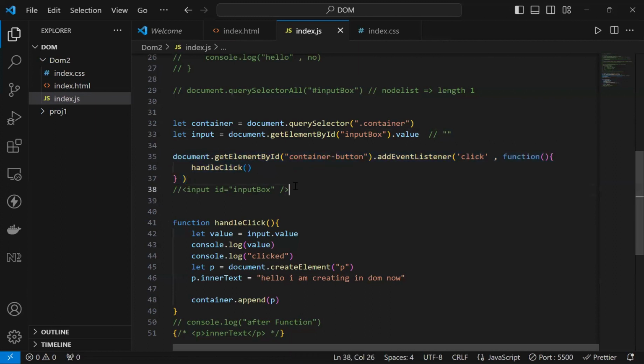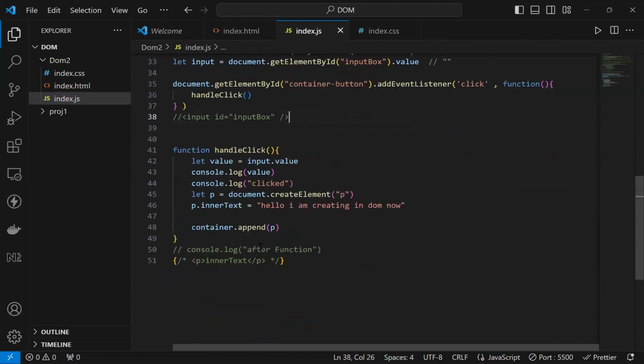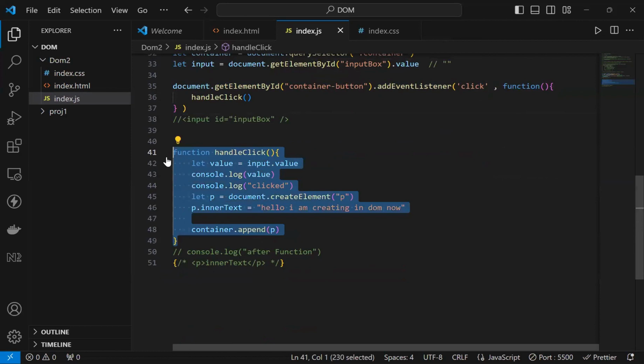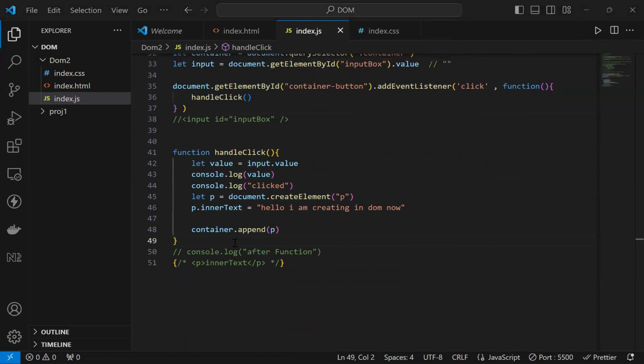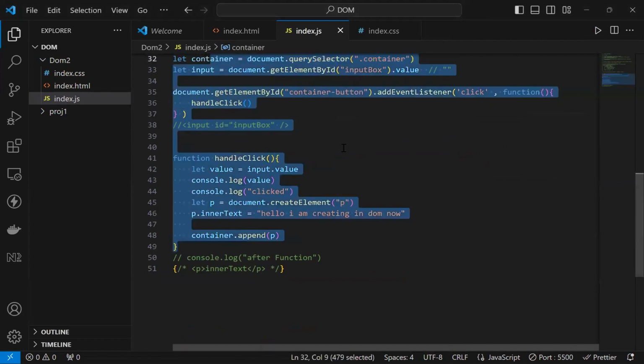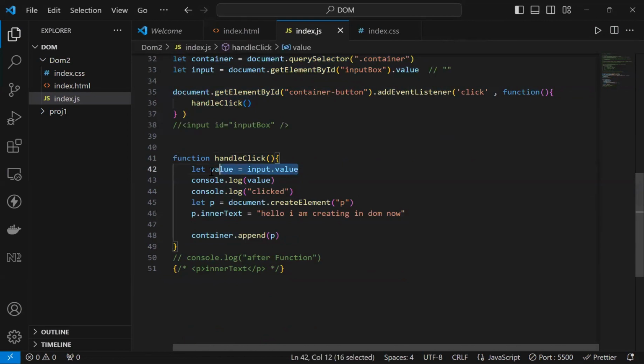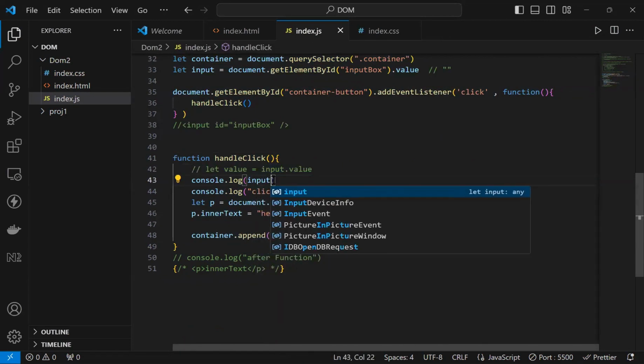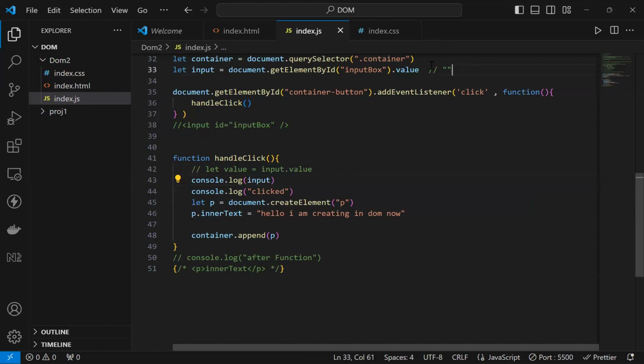It basically attaches event to our button, and then we have this function, right? This function is not getting invoked, right? Because we haven't clicked on button. So this is what happens जब file load हो रहा है. Now, if I try to access this input without updating it, what's the value of this input? It's still empty,